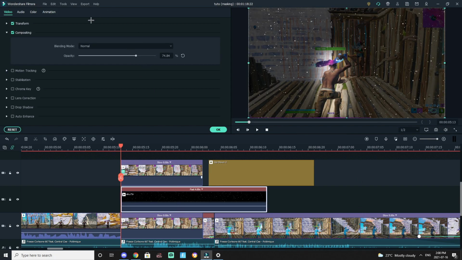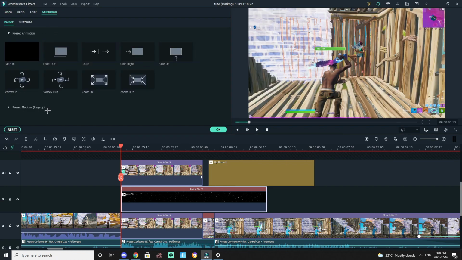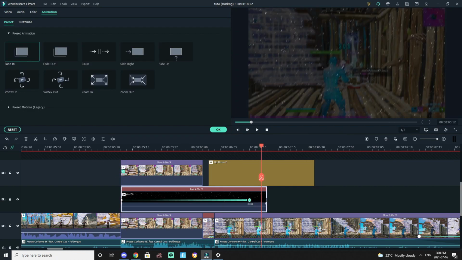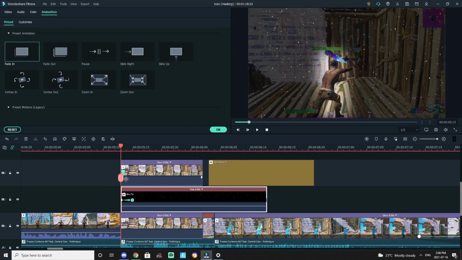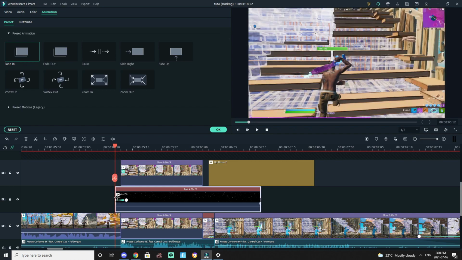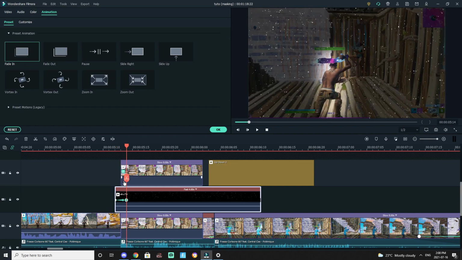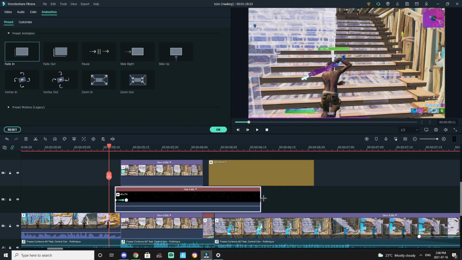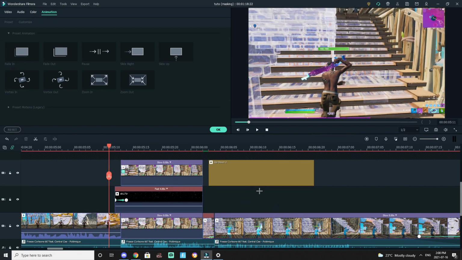And then you want to go to animation and fade in and make this a little faster, and you want it to fade in before you've masked it, so before the character pulls the gun out. So I'm gonna just pull this backwards, and then adjust that. And then if we look at this again,